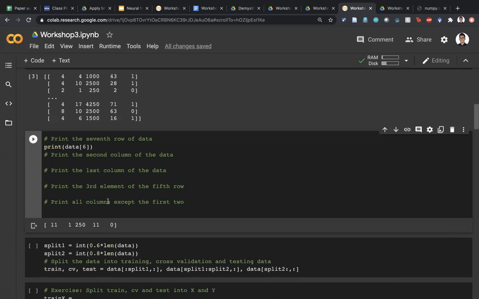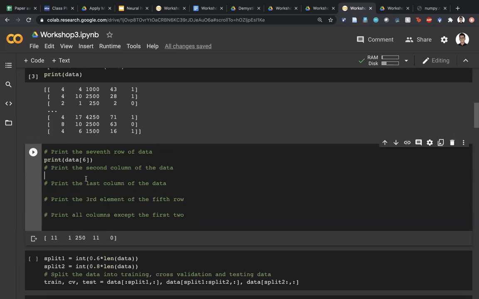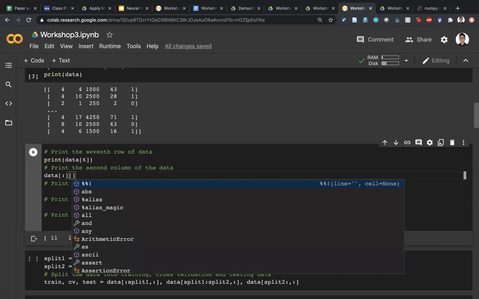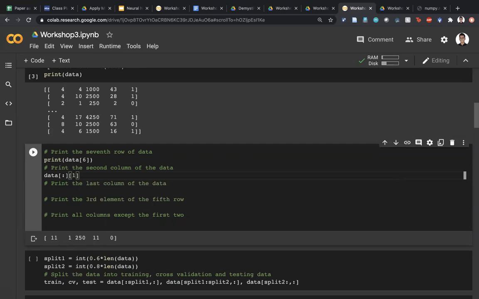Now, similarly, if you want to print the second column of the data, what you would do is something like data, and then you say colon, which means you want all the rows, and then you say you want the second column, so 0, 1, so you would put 1 over here. And if you go ahead and print this,